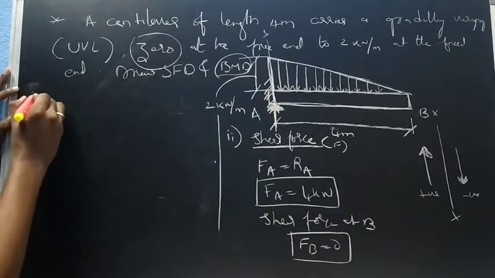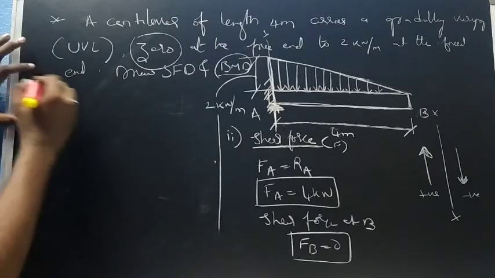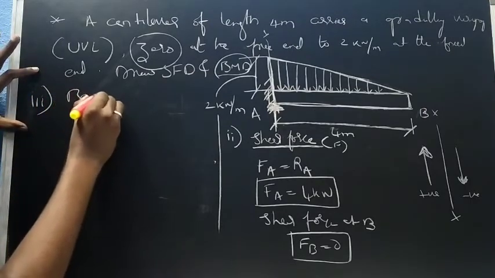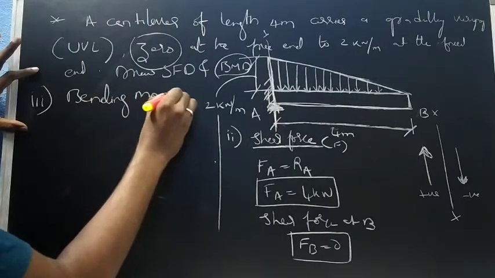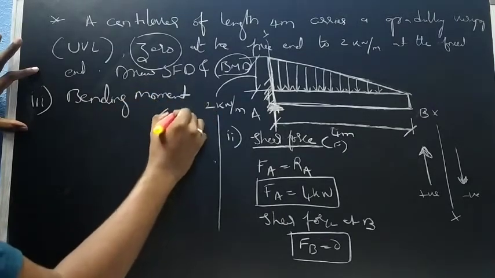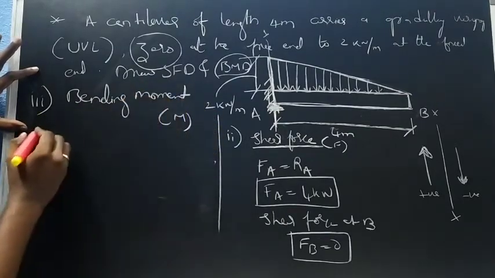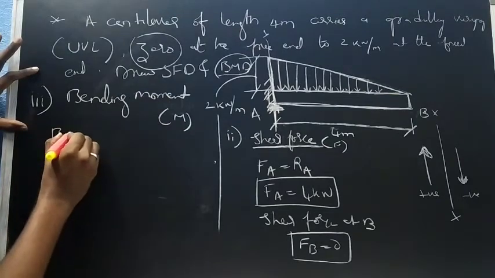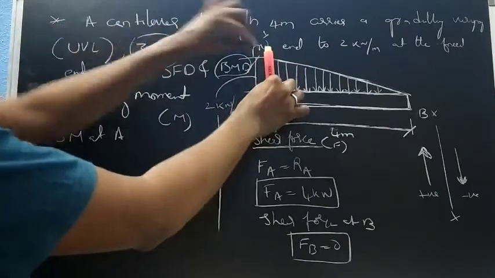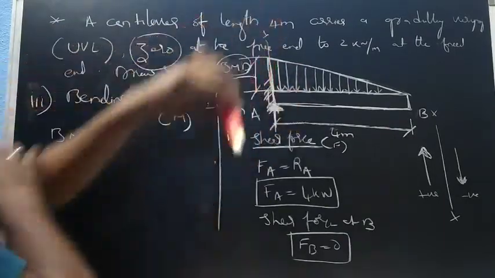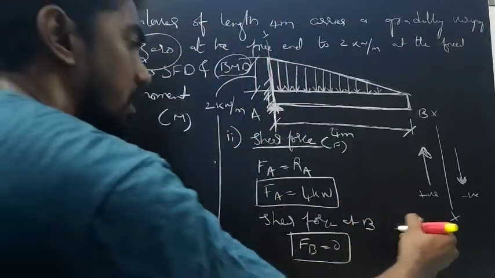Yeah, step number 3, we need to find out the bending moment, which is represented by M. So bending moment at A. I have to take a section here, and for the sign convention for bending moment,